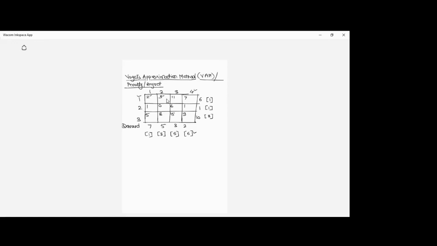Amongst this column number 4, we can do the allocation in 3 cells: 7, 1, and 9. So in which cell are we going to allocate? We are going to allocate in the cell which has the least value, right? So the least transportation cost. The least transportation cost is 1 here, and we are going to do the maximum possible allocation in this particular cell. Considering the demand and supply constraints, the maximum allocation that I can do here is